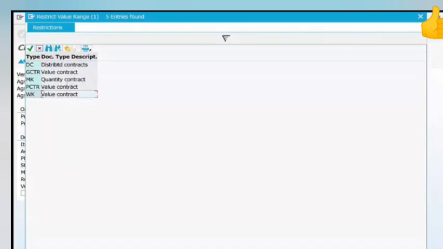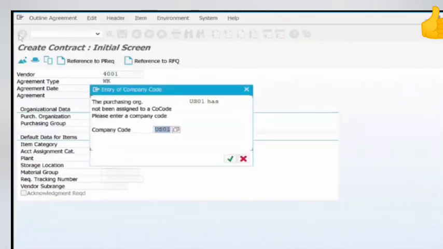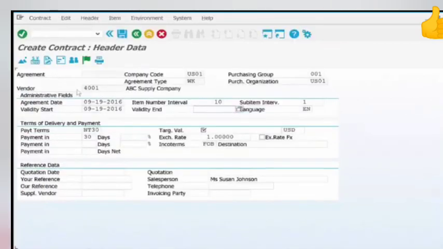So this is a quantity contract, and this is a value contract. So select a value contract, and of course select vendor of 4001 and create OK. The validity is going to be for 1 year, and here